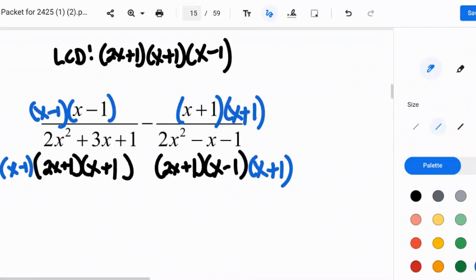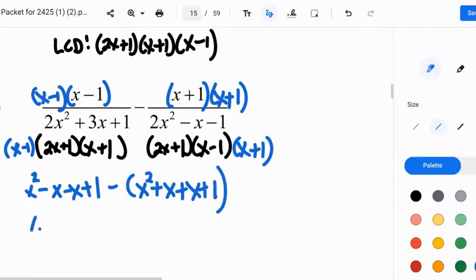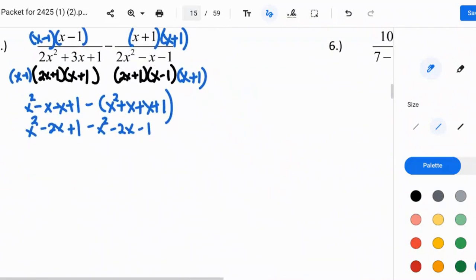So now the denominators are identical, so that means you can multiply the tops out. Minus x plus 1 with a negative sign. This would give me x squared plus x plus 1. So now if I combine like terms, that gives me x squared minus 2x plus 1. The right side is negative x squared. Both of those would become a negative x, so there's 2 of them, and a minus 1. So if we combine everything, it looks like the x squareds cancel, and I'm left with a negative 4x, and the 1's cancel. So I think this would be it over my LCD, x minus 1, x plus 1, and